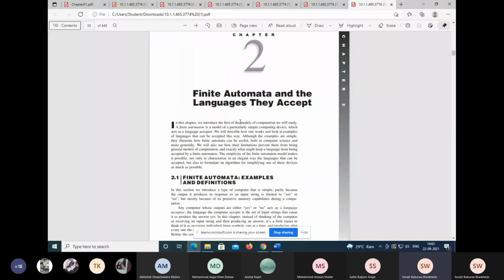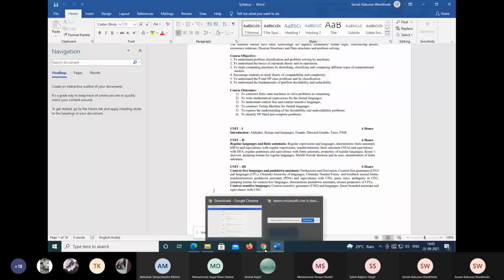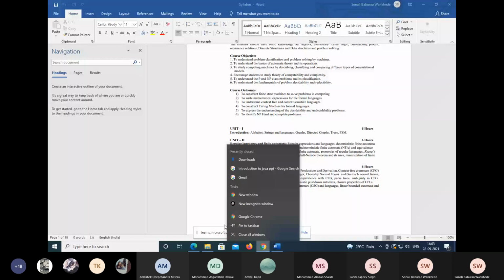When you refer to our syllabus, in our syllabus they have given the term FSM, which is included in our first unit. But when we move further, we are going to learn about regular languages also in our second unit. Yep, that's fine. We are going to study that. Okay, so let's just have a look over here.